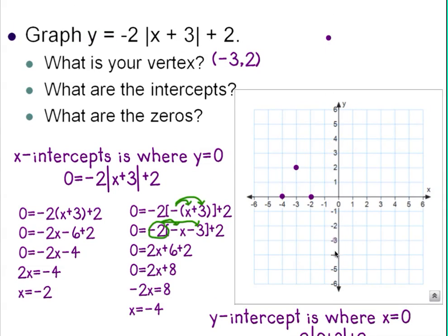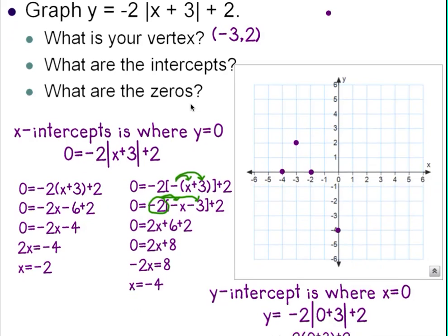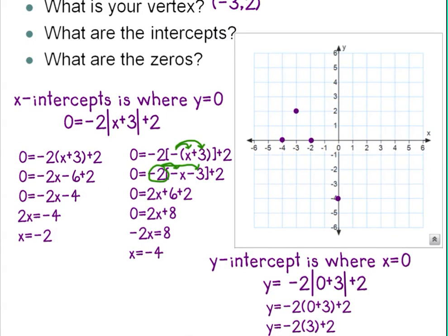And now, when you think about the transformations, I would describe these transformations as it's been moved left 3 units, up 2 units, and it has been reflected over the x-axis and vertically stretched by a factor of 2. So when graphing this one,